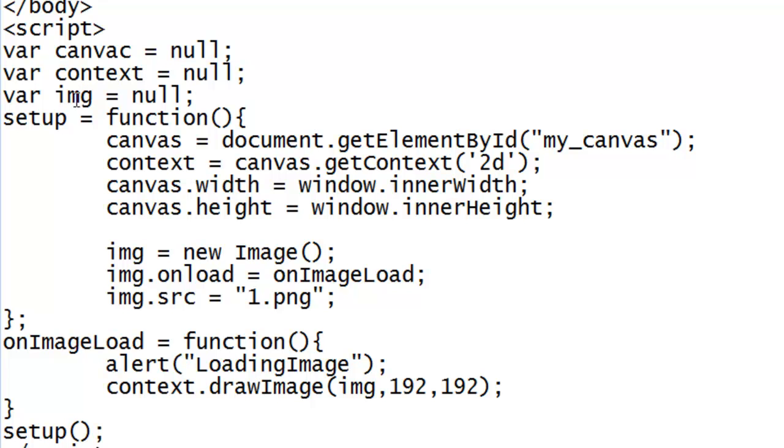Then I have created a function with the name setup. To get the canvas object, we use the method getElementById on our document, which is within our window. So I'm referring to our canvas using the canvas ID. Once we get the canvas object, we need the context object. For that, HTML5 provides a method named getContext, and we are providing the 2D frame. So now we got the context.